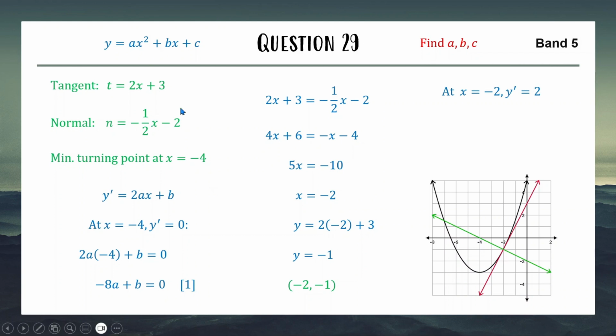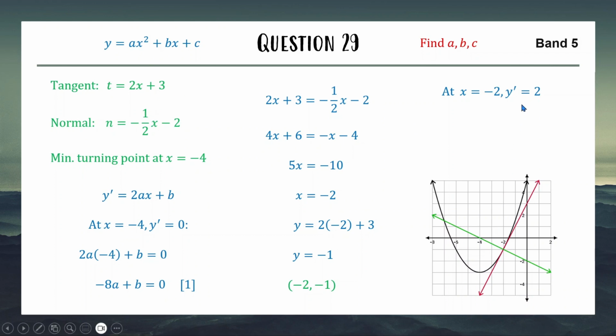Okay, so what else do we know? Well, we have a tangent right here. The tangent has a gradient of 2, as we can see in the red line right there. What that tells me is that the gradient of the curve at x equals -2, which is right here, is equal to 2, because that's the gradient of the tangent. So what that means is I can go back to my derivative equation and I can say, cool, I can now sub in x equals -2,